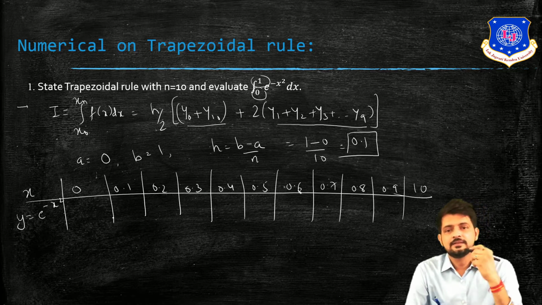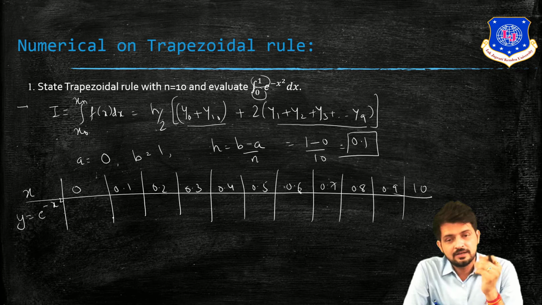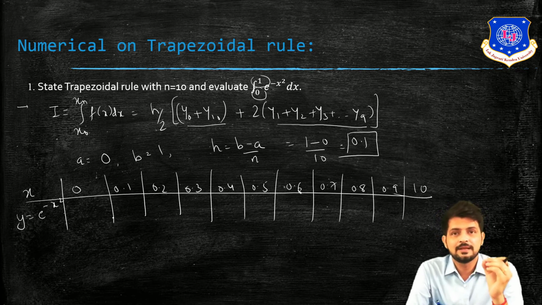Okay, see, before starting the numerical you have to fix the decimal places at 4. Remember, in this chapter you have to fix the decimal places at 4. By default, in the whole chapter you have to fix the decimal places at 4. So go in fix and select 4.